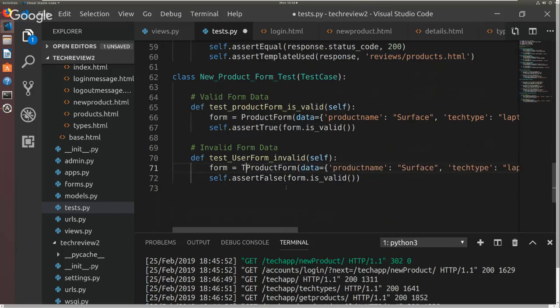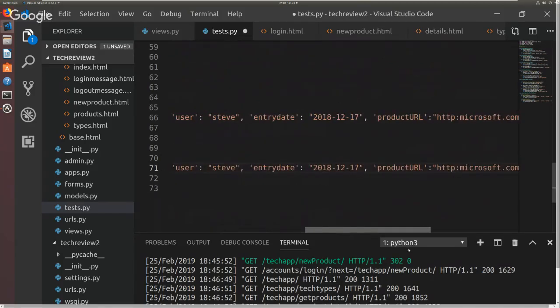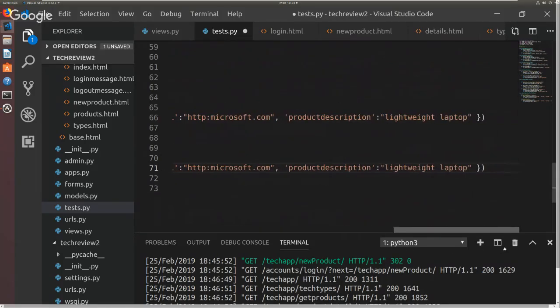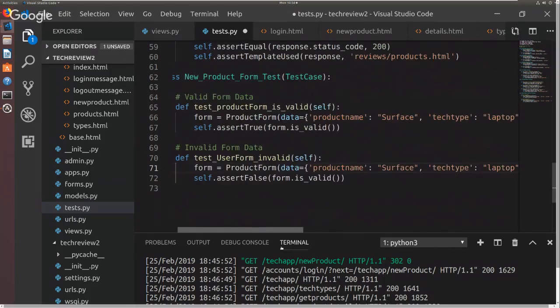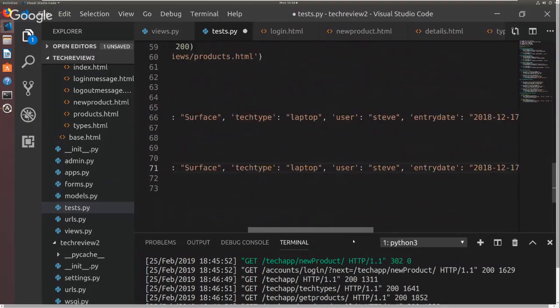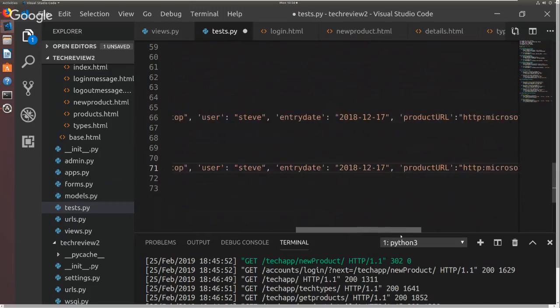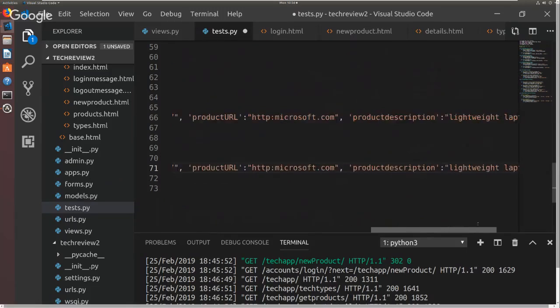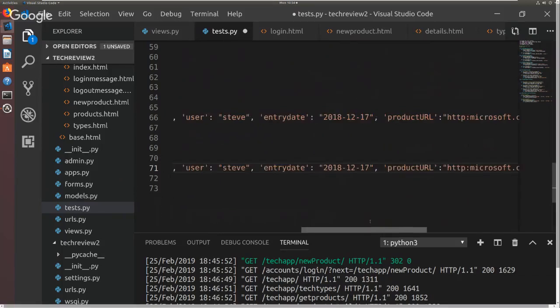Well, so it could be invalid if you put in that data. This one has, they look almost the same. What did I do here? Anything I did different? Tech type, laptop, user, Steve, entry date, product URL, product description. I think that this should